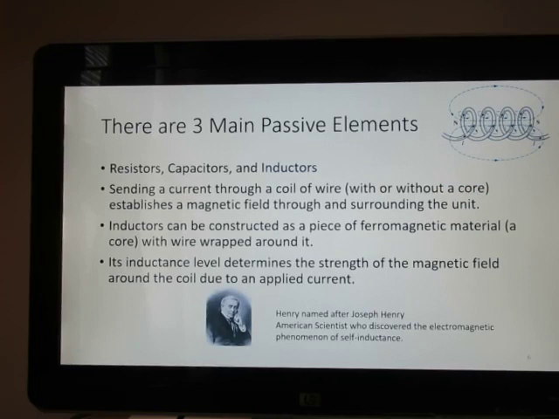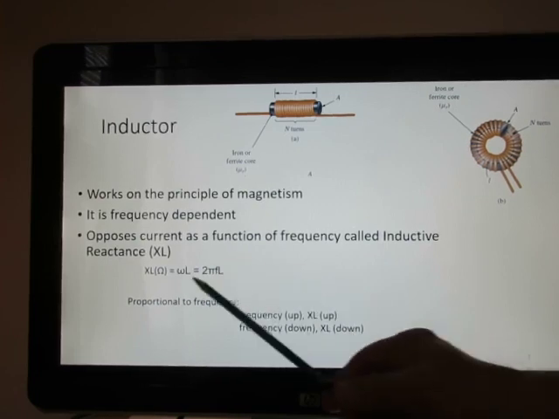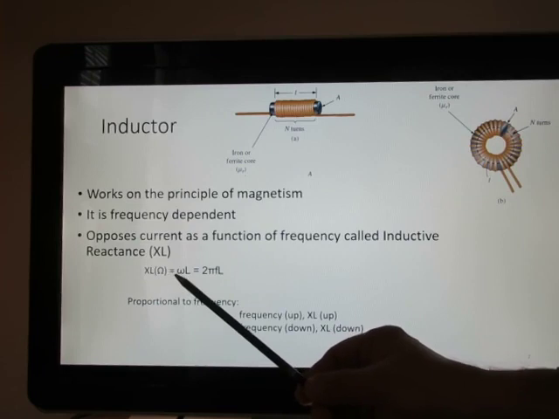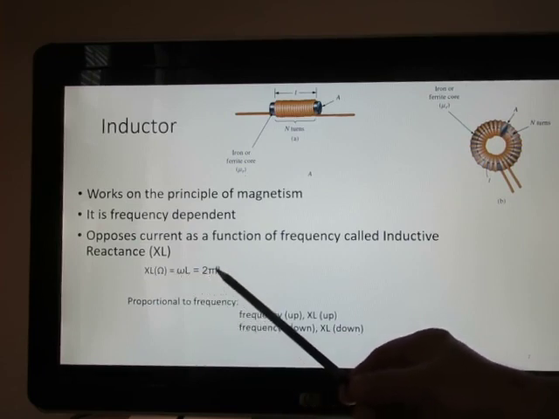An inductor is a coil of wire. And that coil of wire can be wrapped around a hunk of metal. And this creates a magnetic field. So the units of measure for an inductor is henries. You buy an inductor in the units called henries. The value of inductive reactance is proportional to the frequency. Here's the formula. X sub L in ohms equals the angular velocity times L, or 2 pi f, the frequency,